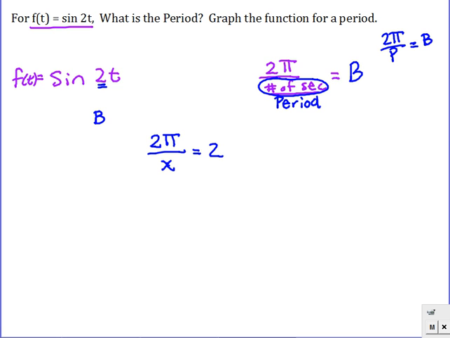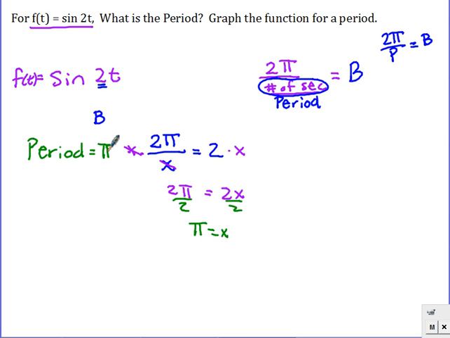Some of us can just look at it and see that it must be that. But others might want to do some math. So here we would go times x, that cancels, times x. 2x equals 2 pi. Maybe now you see it: 2 times x, 2 times pi, x must be pi. If you don't see it yet, keep going, divide by 2, and pi equals x. All right, so what we just found is that our period